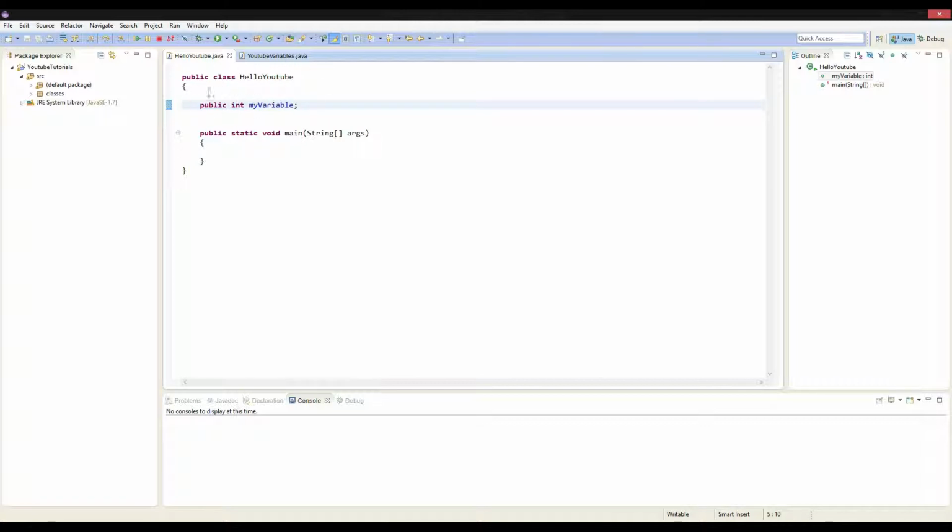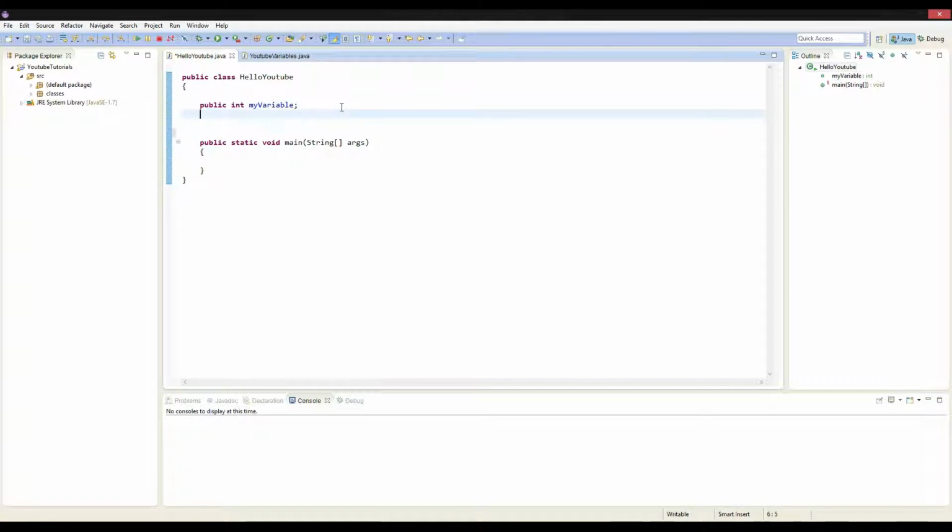type in public static int my variable 2. Now the public means that it's still available to any package, any class, or any other project, but the static means that my variable 2 is going to be the same value no matter where you access it from, and there's only one instance of this due to it being static. Okay, there's also one more